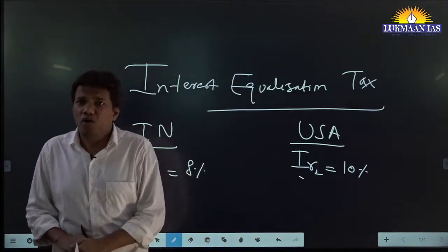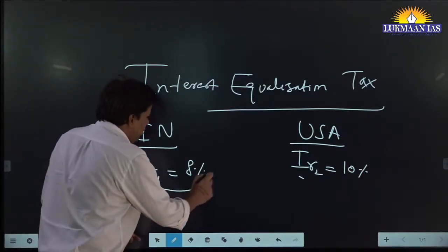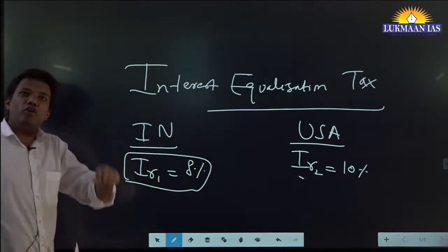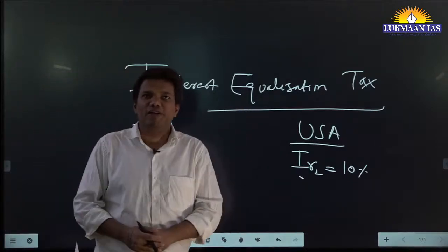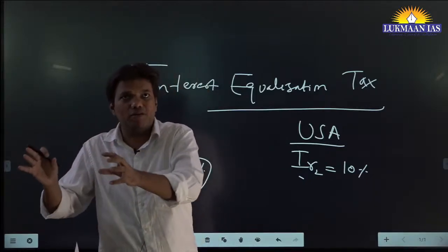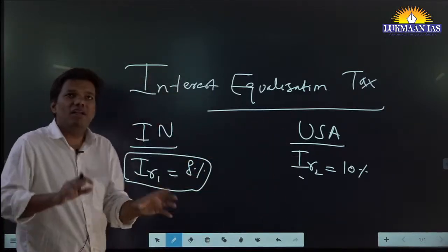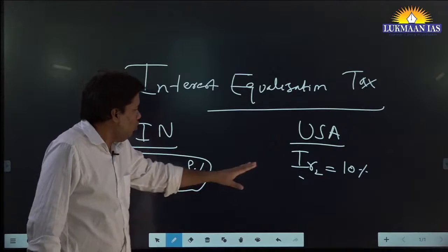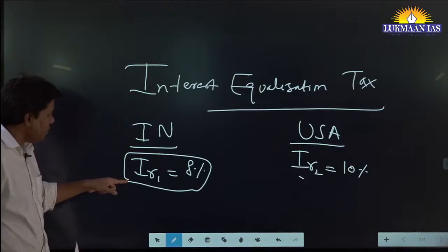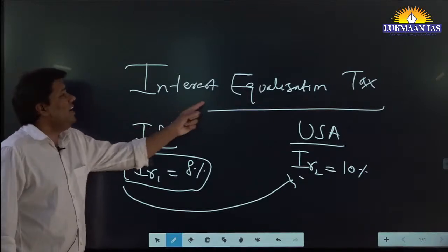Fine. Now, to prevent this, just see, let's say the US increases the interest rate to 10%. India can do, I can make it 11%. But these monetary policy tools, manipulations, are not the real factors. Such monetary policy can work only to some extent. So, generally, to discourage such investors, what does the government do? They apply an interest equalization tax.